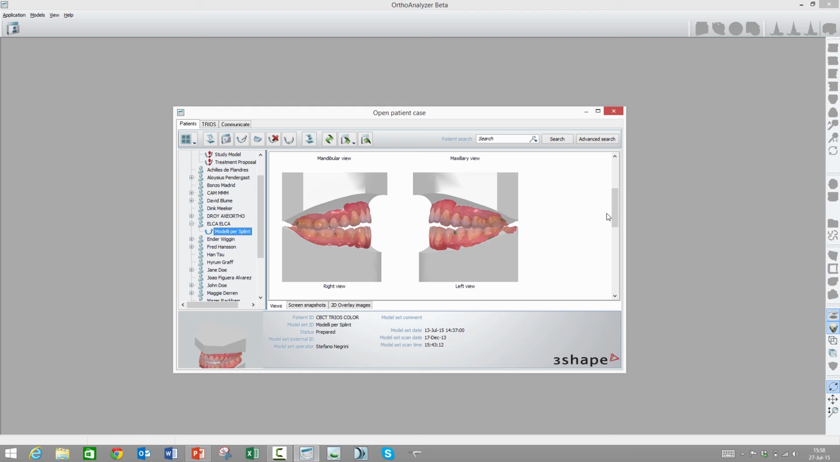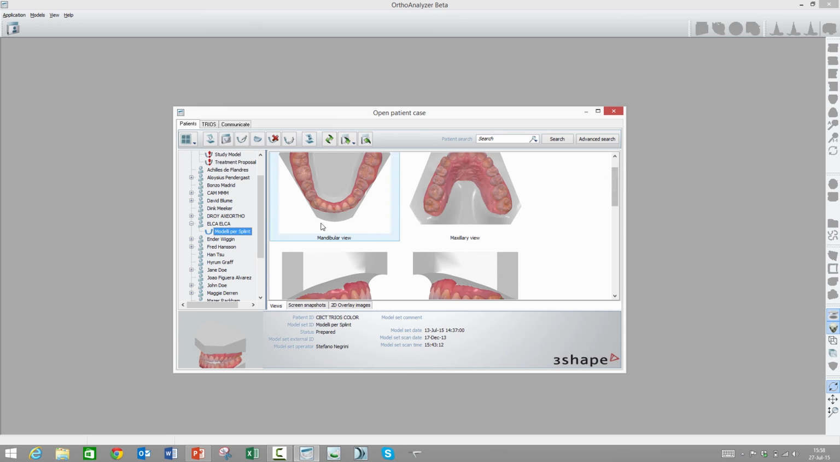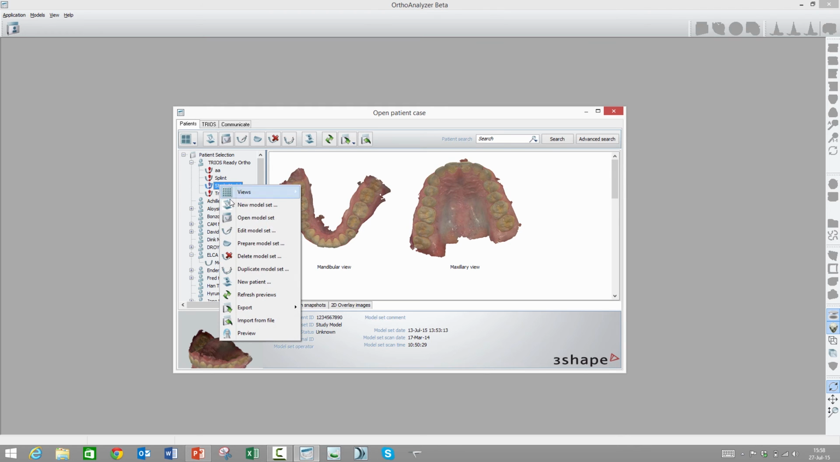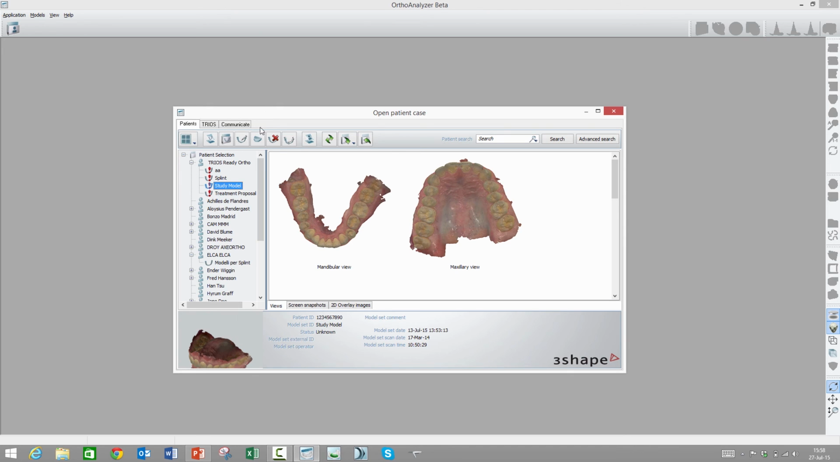So if you want to create a virtual base on one of your models, let me just go back to the one without a base here. I simply right-click on the model and choose Prepare Model Set. I could also simply click on the icon here in the toolbar. That will open the very same feature. So when I click on it,